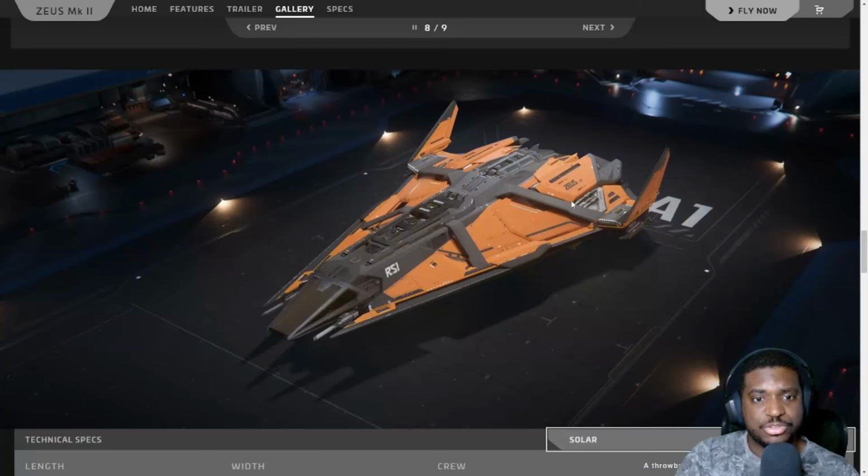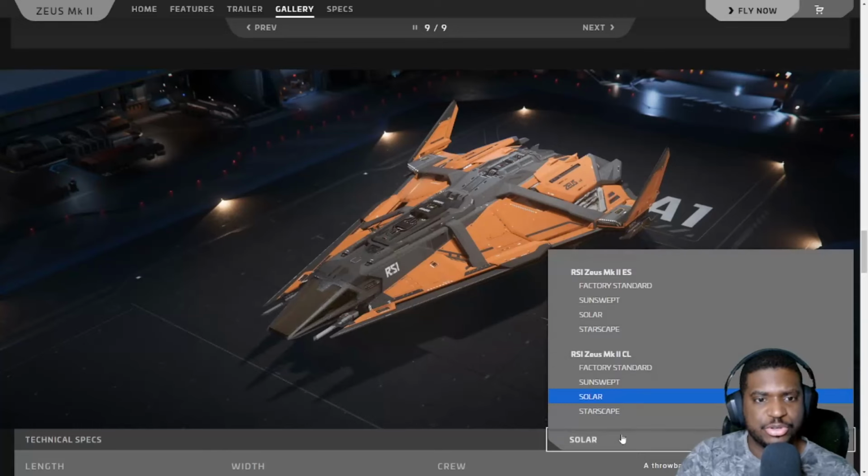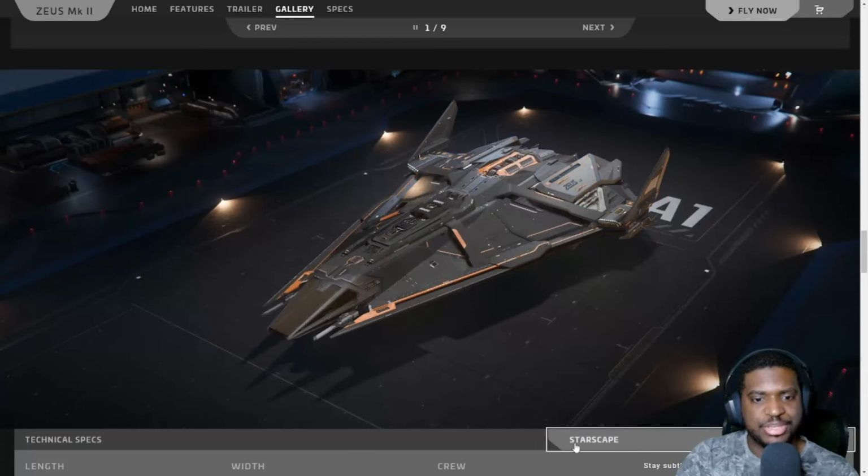With the solar, you do lose those stripes on the back there. So this looks pretty clean for the CL, if you're wondering about that. But you can see those cross supports there that let you know that this is a CL. And last, you have a big difference with the Starscape, because again, it has a little bit more of this,